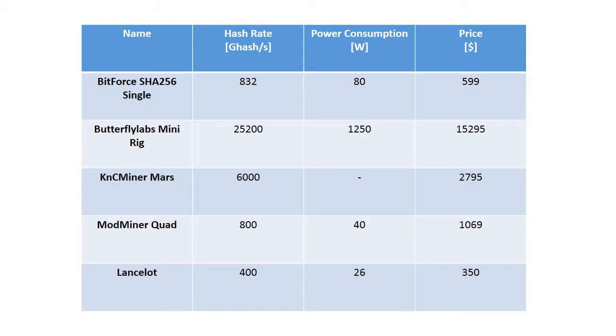So, how exactly can I earn Bitcoin? For that, you need to increase your hash rate to earn more Bitcoins through mining. This is a list of a few graphic cards which are available in the market to increase your hash rate. Let's assume that you are ready to invest any amount of money for Bitcoin mining. Let's take the highest processor, which provides a hash rate of 25,200 gigahashes per second.